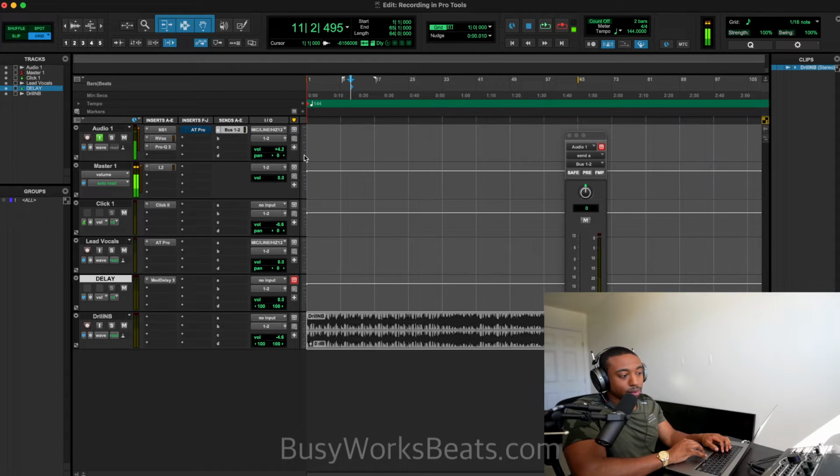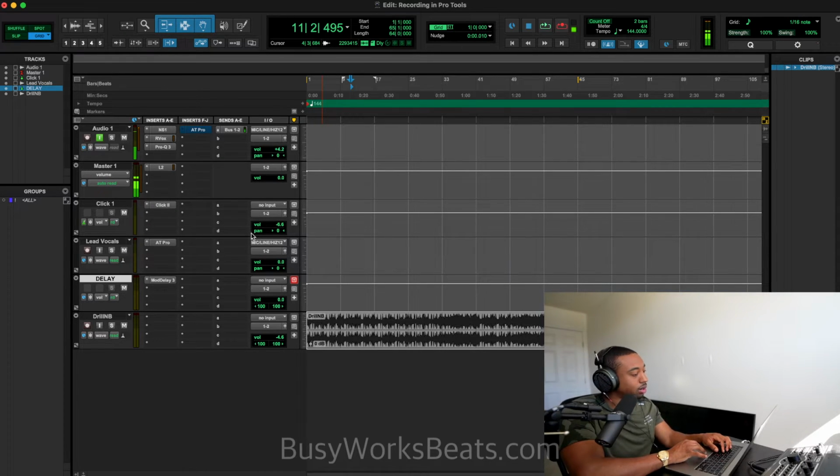And we need to tell the bus which school to go to. So firstly, we need to tell the bus how much of our child we want on the bus. I know it sounds crazy, but you could send a percentage of your child to any bus you want. So hit Alt and then left click. So now I'm sending 100% of my track child to the bus number 1 and 2. But bus number 1 and 2 doesn't know where to go.